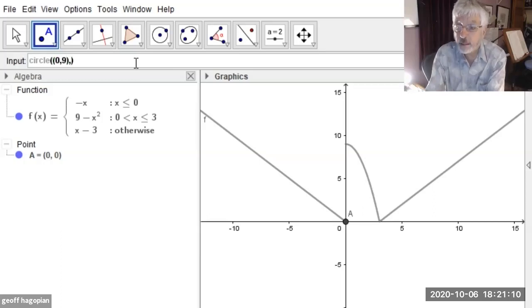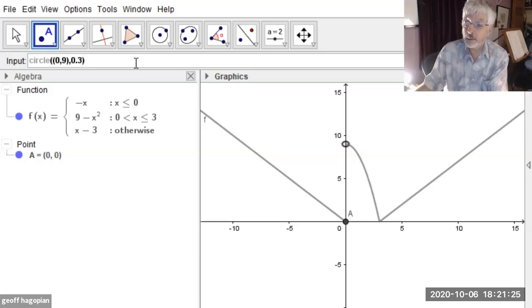Well, comma 1, that's too big. How about 0.4? Yeah, that's a little bit too big still, isn't it? 0.3. Okay, that seems to be about the right size to convey what I want to convey, which is that